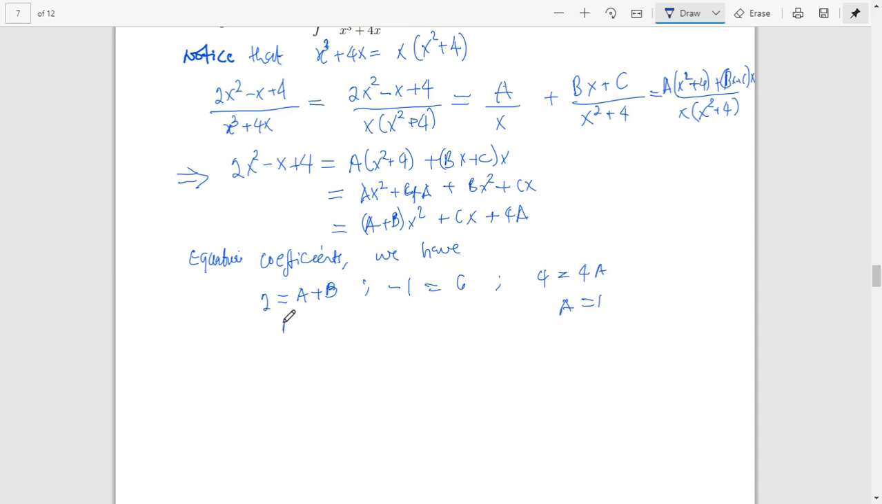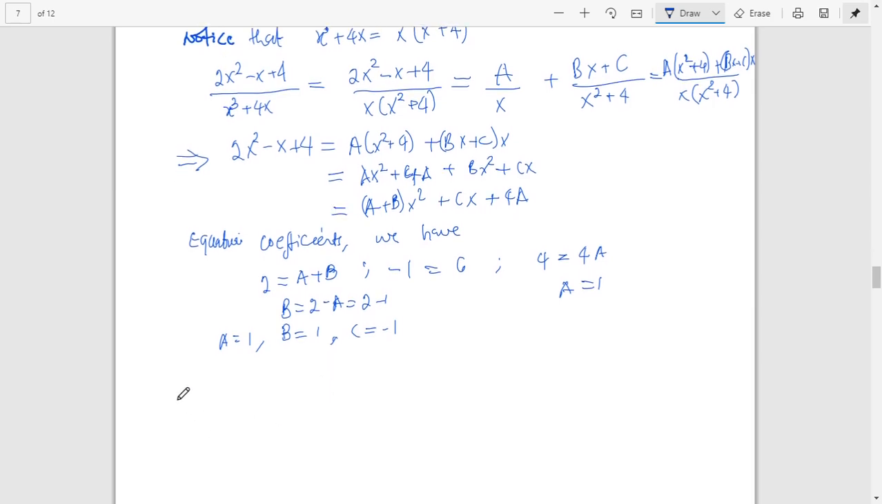If a is equal to 1, my b will be 2 minus a, which is equal to 2 minus 1, that's going to be equal to 1. So my b is equal to 1, my a is equal to 1, and my c is equal to -1. With these constants found, we can now proceed to integrate this function. So the integral of 2x squared minus x plus 4 all over s cubed plus 4x dx is equal to